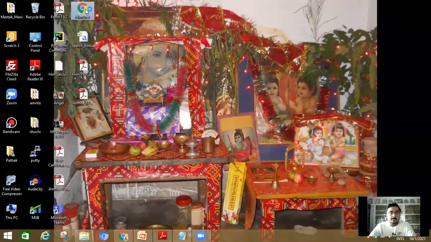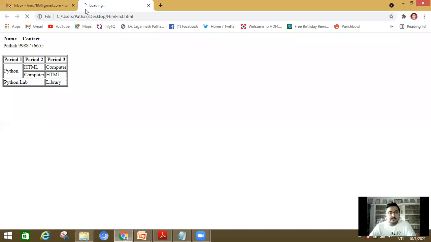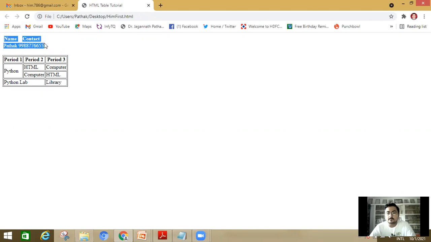I'm going to double click it. The web browser is responding. Now here you can see that no border is shown on the first table, but on the second a border is given, and it has a default size. Here you can see row span. What I have done is row span is equal to 2. So these two rows and column 1 are merged together, and after that the whole thing is clear to you.